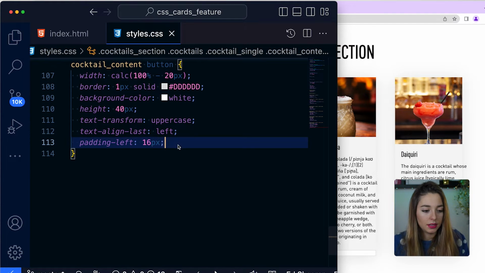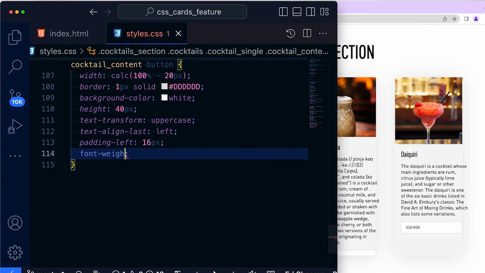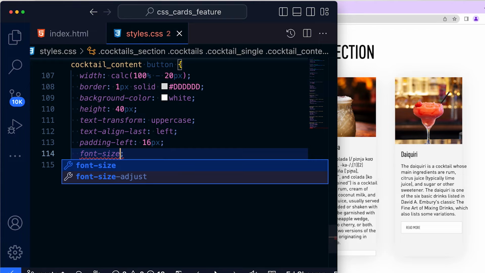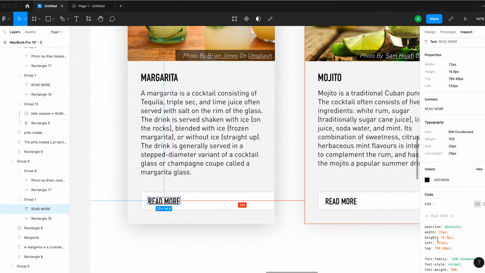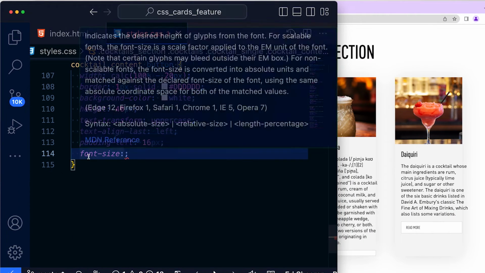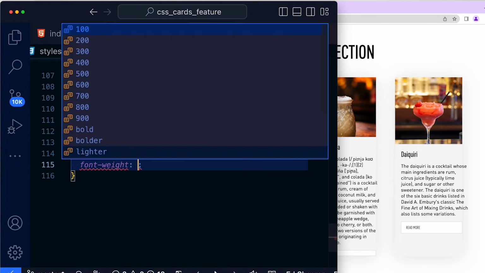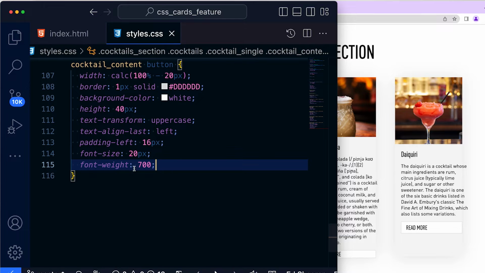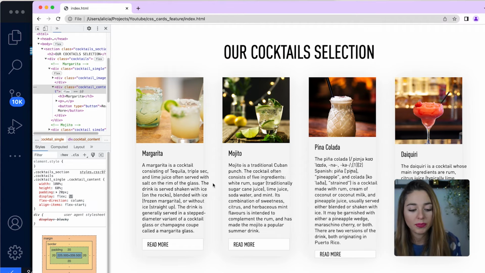And the font size that we want, font size, let's have a look what font size we have. This is 20 pixels and line height 24. Okay, so 20 pixels. And I'm not sure if this is going to make any difference, but font weight 700. Okay, this is looking a little bit more bold. Can you see? Okay, so we can see here how this button becomes a lot smaller because it doesn't just